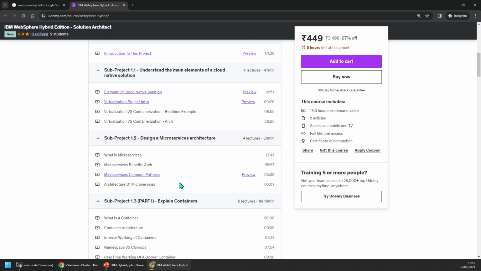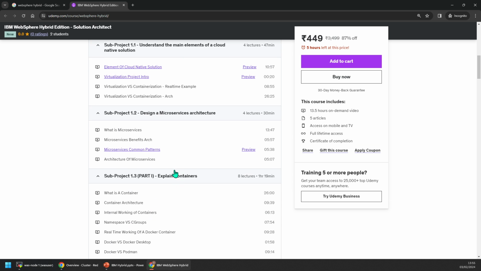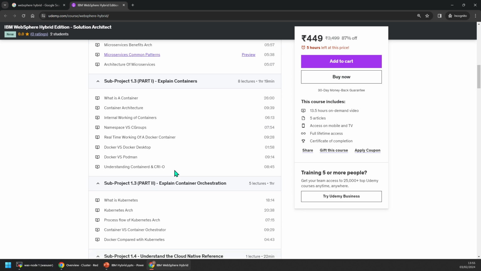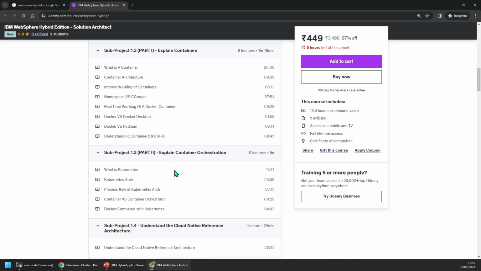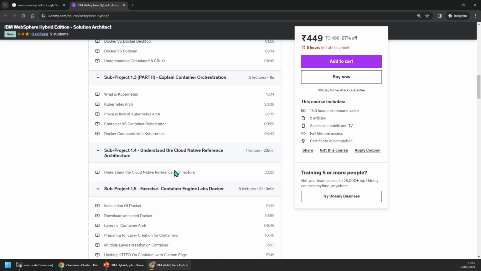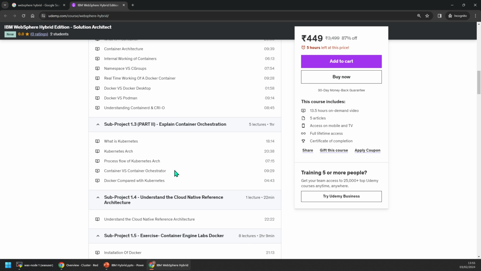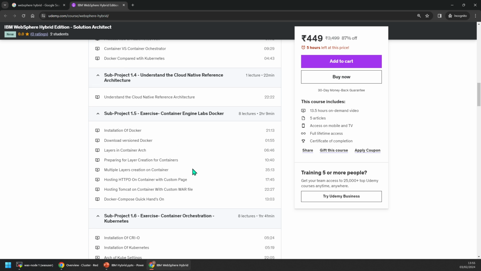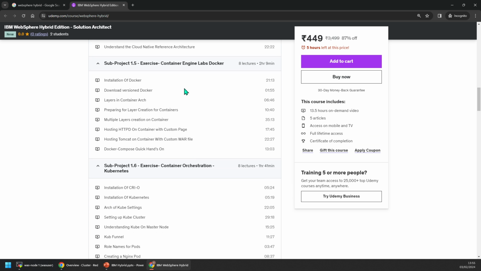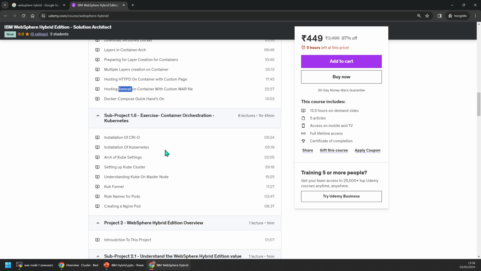And you can see that we start with some basics: cloud native, microservices, and container orchestrator, explaining them and giving you a lot of architecture in terms of working with them. Then we also talk about the lab sections in terms of working with Docker, creating HTTP instances, and multiple layers of containers. We talk about Tomcat, deploying a custom WAR file using Docker, and then the same thing with Kubernetes.